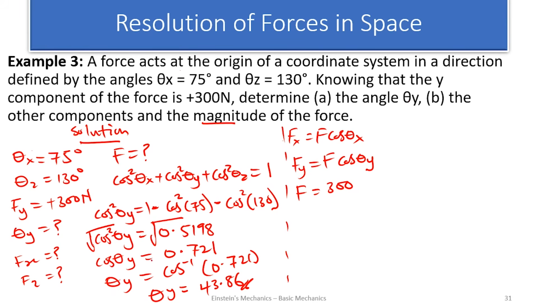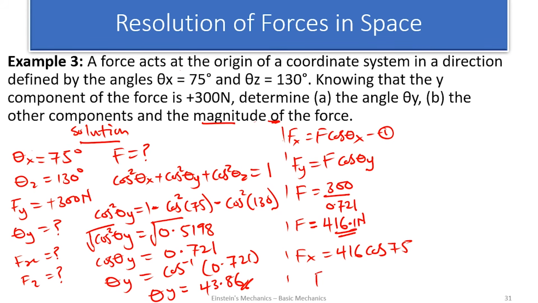But cos theta y from here was 0.721. Therefore, my magnitude of the force F is 416.1 newtons. Interesting. So I now have my magnitude of the force F. I can find the other component from here. So my F of x will now be 416 cosine, what is theta x? 75. So F of x now will be